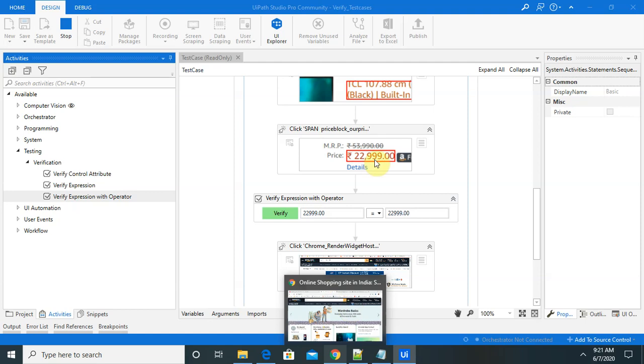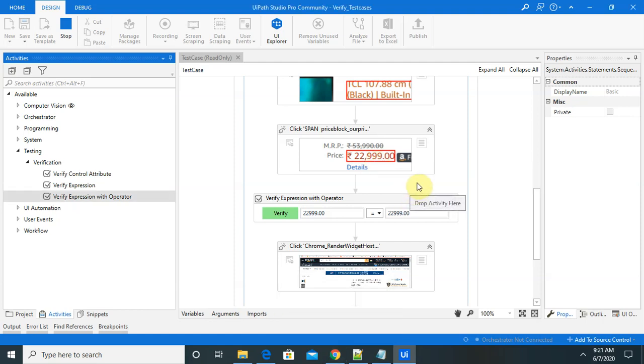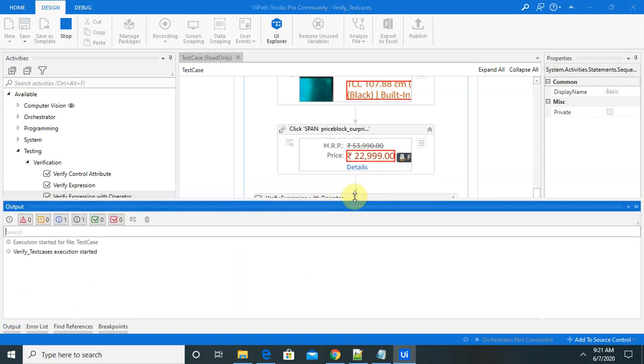Let's wait for the execution to be completed. For complete viewing, you can go to the output. Inside the output, you are able to see this pass or fail message.